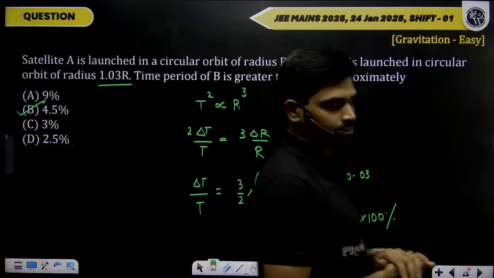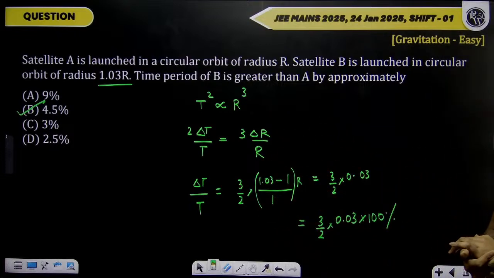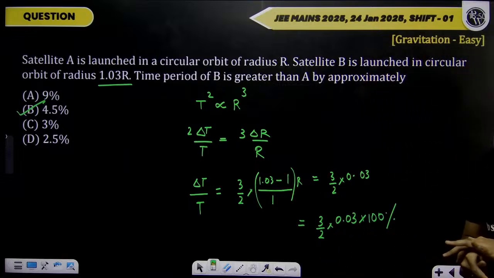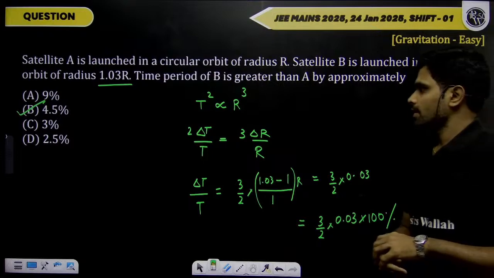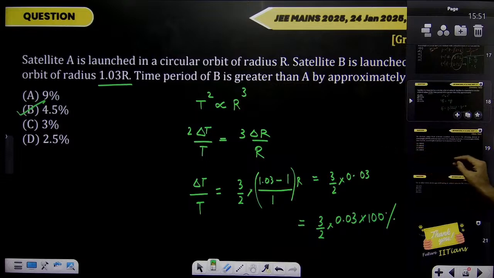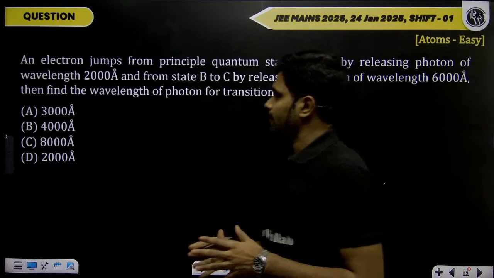This is an easy question because it is direct formula based with few steps. So direct Kepler's third law, law of periods, that is time period square is proportional to the orbit radius cube. This is also a very important law. Actually, if you see PYQs, a lot of questions come from this. Next,